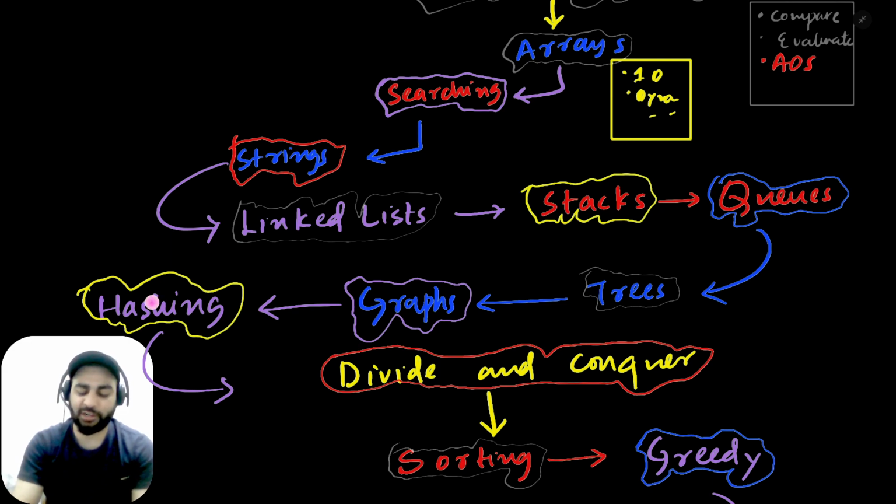Even hashing is not a data structure itself. We have a hash table, which we'll call a data structure. These are the basic data structures which you will use most times. And then there are advanced data structures like B plus trees, B trees, red black trees, segment trees, and stuff like that. There is a lot to cover again, but you should be well versed with all of these first.